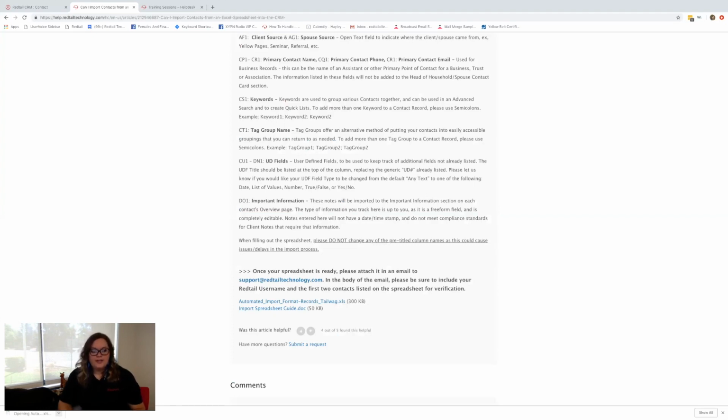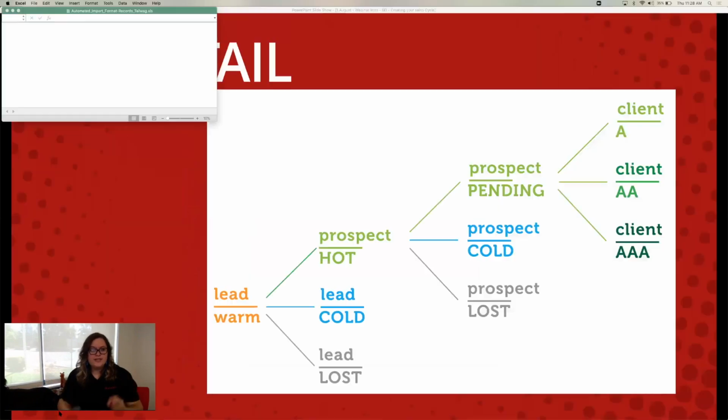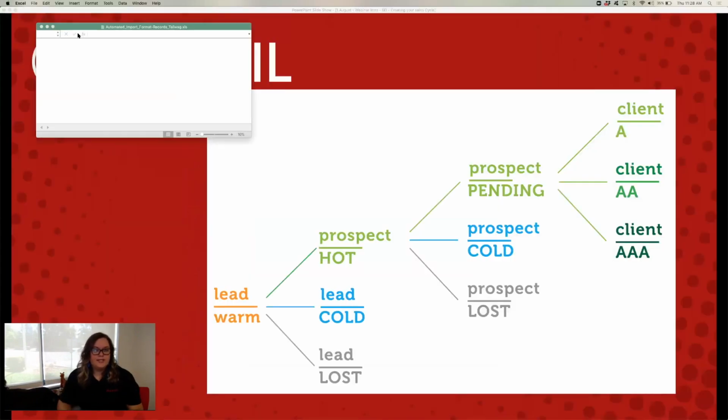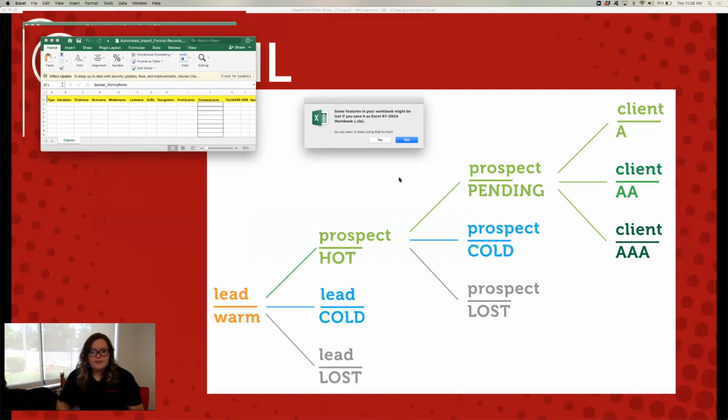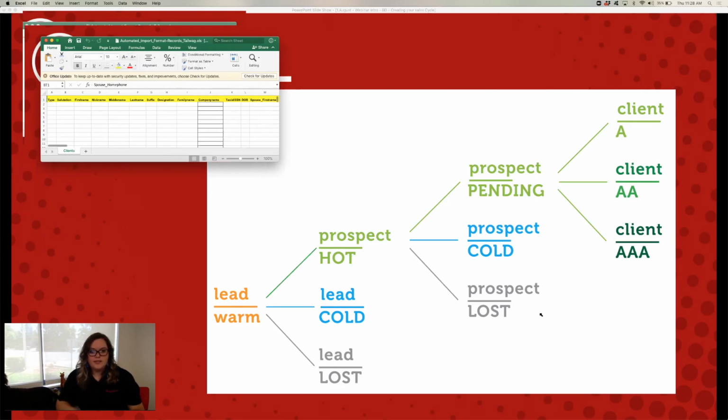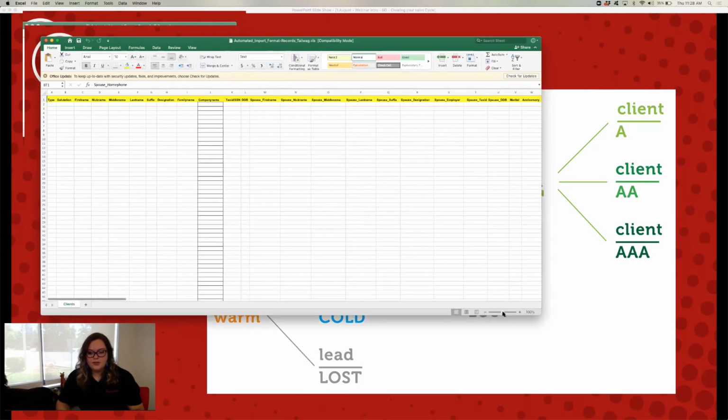And it'll open an Excel spreadsheet with just a bunch of headers. It's very important not to move the headers around. They're in a specific order because of the system we use to import this information goes in that order. But then you can fill out all of that information and copy and paste columns over to it. So we'll open this spreadsheet up, zoom in,